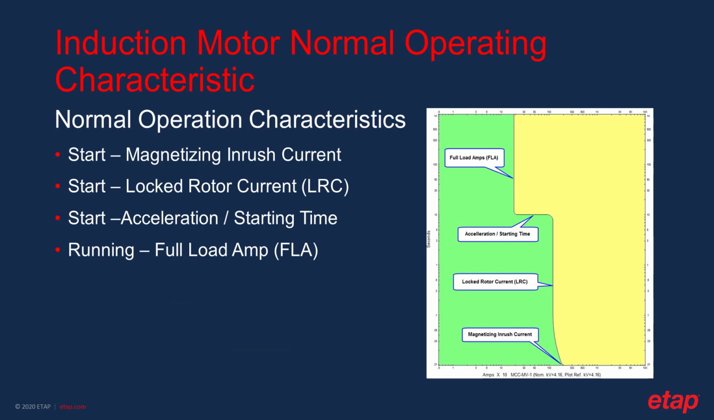The vertical axis is the time and the horizontal axis is the current. So what you would have as the normal operating condition would be a starting curve for the motor, which would start with the magnetizing inrush current. Typically this magnitude would be 1.6 times the lock rotor current. Then it would reach the acceleration time when the motor has actually started and it's reaching the